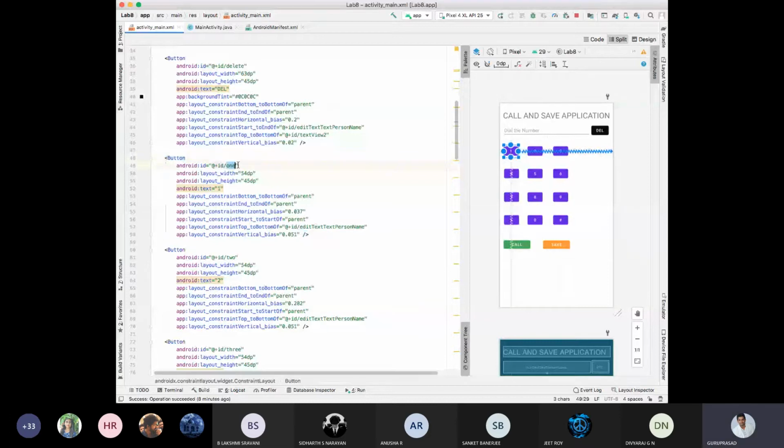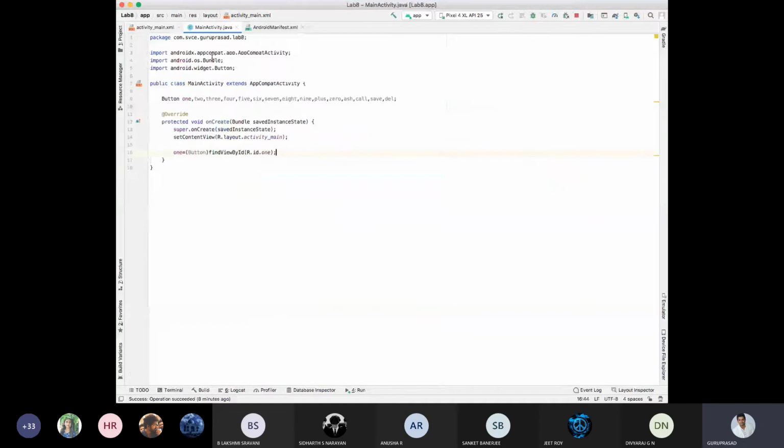In the XML, I'll repeat it once more. Java 1 button is equal to, there is a button in XML. Find that button by the ID. There is a view, views, controls and views. There is a button in the resource with an ID 1, semicolon.